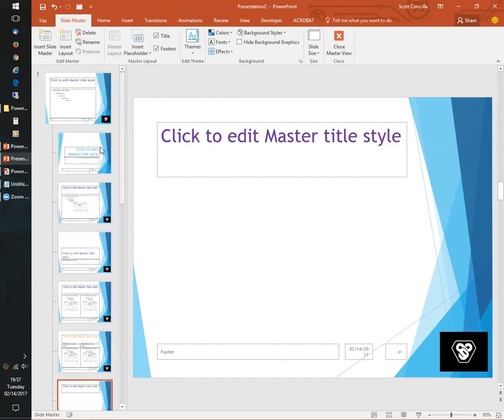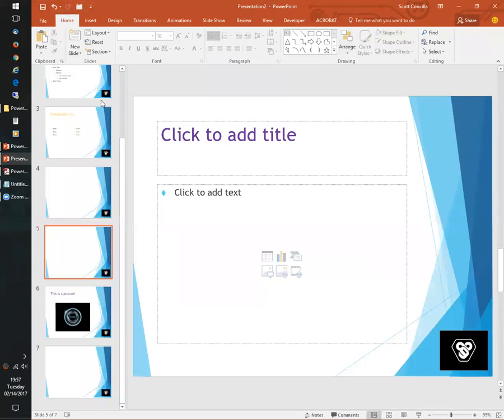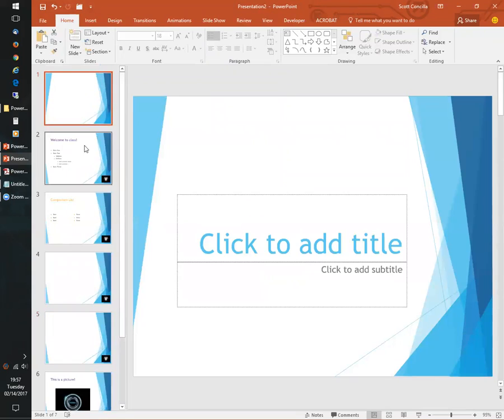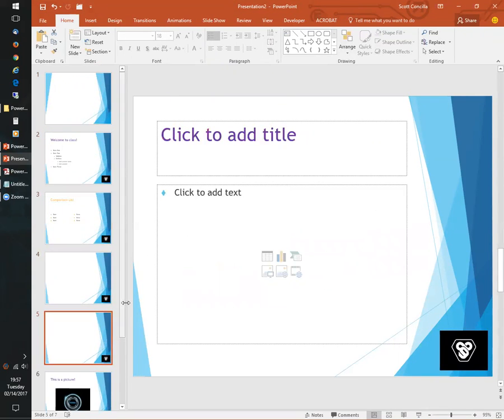Yes, somebody with a keen eye will notice that this one does not have it. If you really look at this second slide, the background graphics are actually different. I don't have time to go into the details of all of what's going on there. But let me show you this: now when I close the master view, pretty much every slide except the title slide in my presentation has that graphic on it.